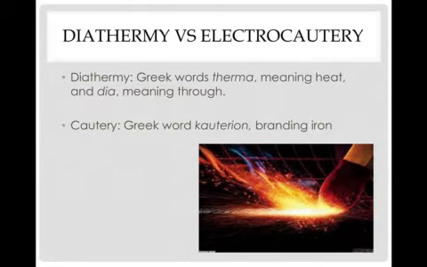So diathermy and electrocautery are usually believed to be two identical terms. However, if we look at the origin of the words, you have the Greek word dia in the word diathermy, which means through, therefore meaning that the thermal energy needs to travel for us to be able to use the word diathermy. While cautery comes from the Greek word for branding iron, which means that the thermal energy just remains